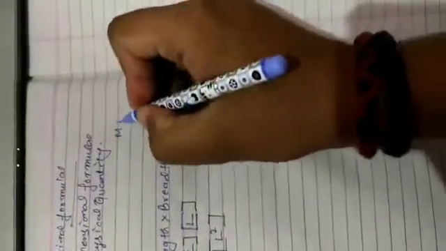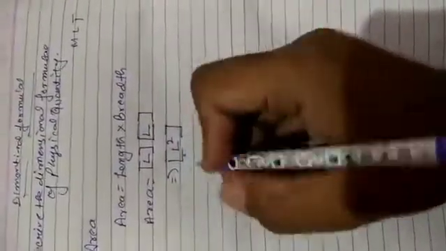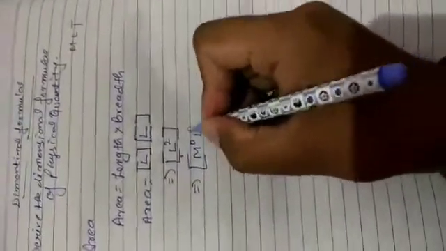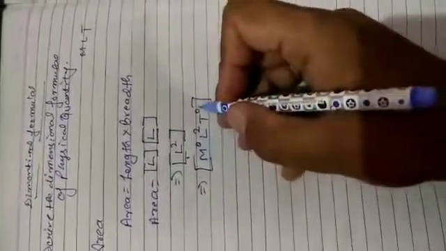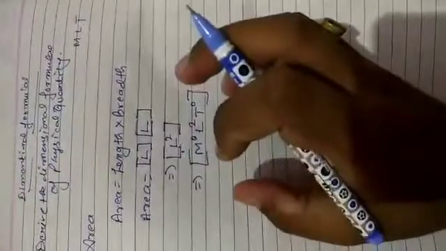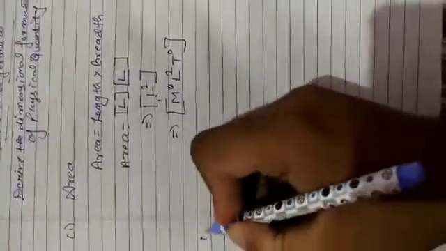So we always have to represent the dimensions in mass, length and time form. So for expressing it in mass, length and time, we will write M0 L2 T0, because M power 0 will be 1 and T power 0 will also be 1. So L square will be your answer. So this is your dimensional formula for area.